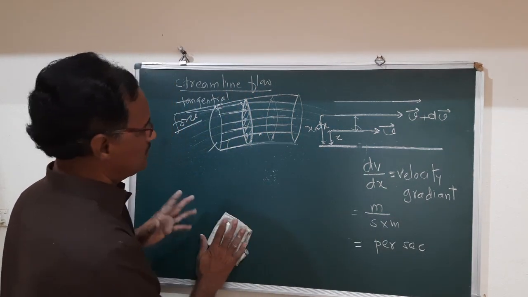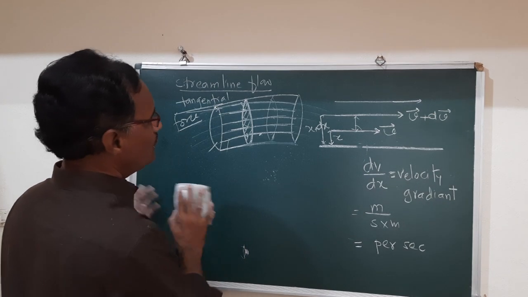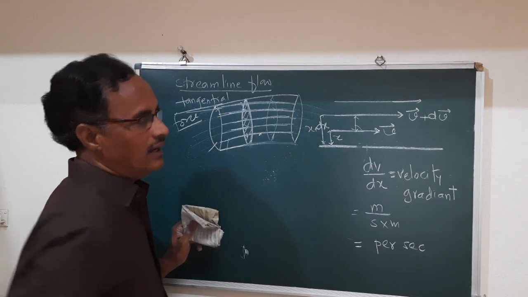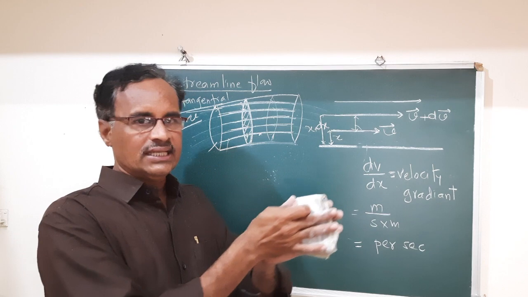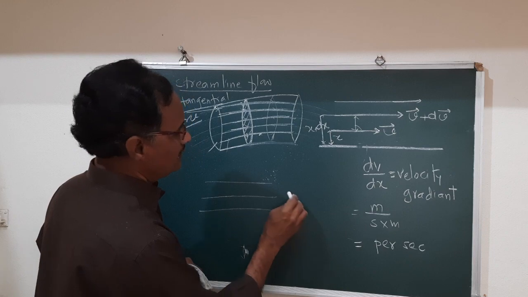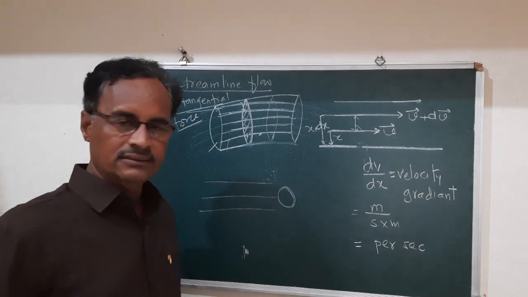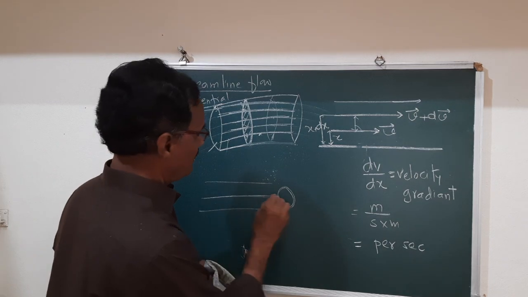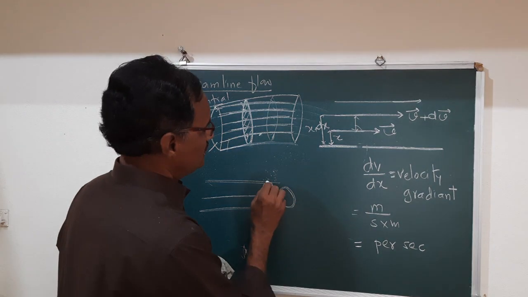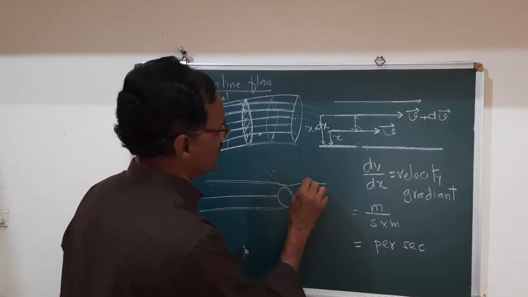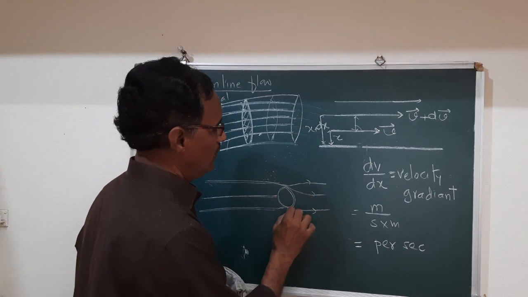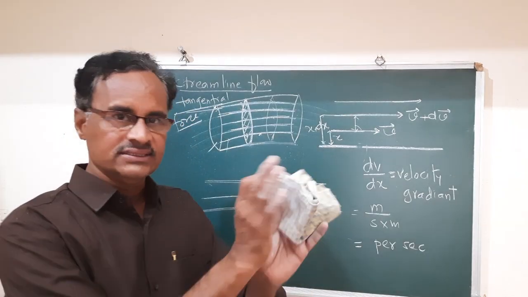Now this is all about the streamline flow. Now if you consider this is the velocity of the fluid, and by using this velocity it travels along the tube. Suppose this is the flow of the fluid and there is an obstacle inside. There is an obstacle in the flow of fluid. Then what will happen? This flow again travels in a straight line, in this way. Again there is a flow of fluid, and again it travels in a straight line.